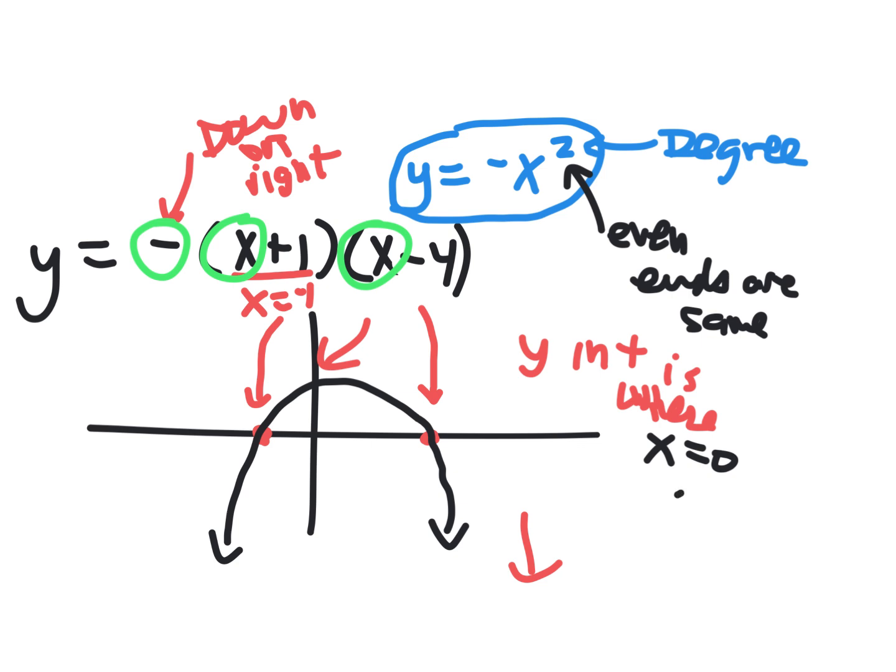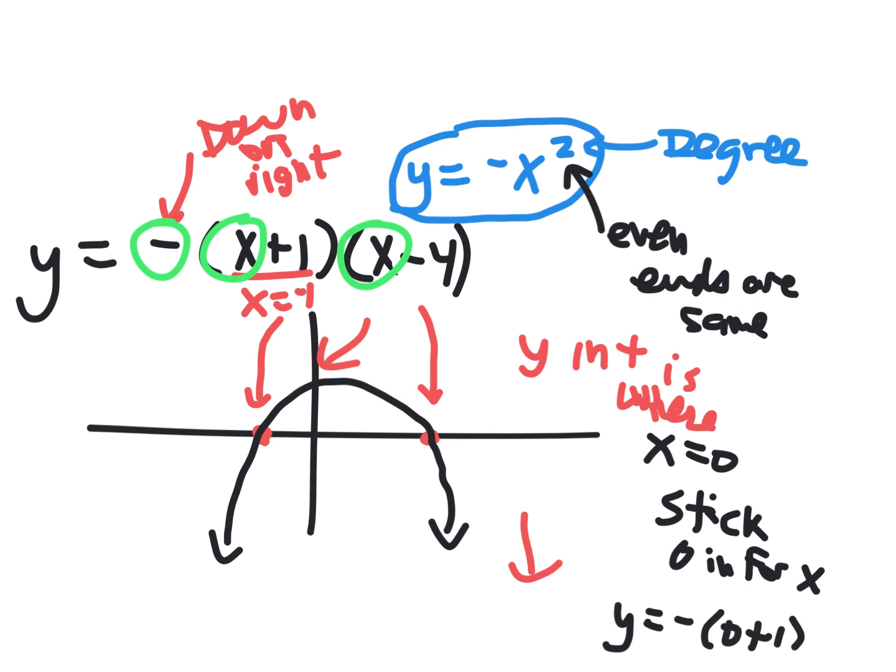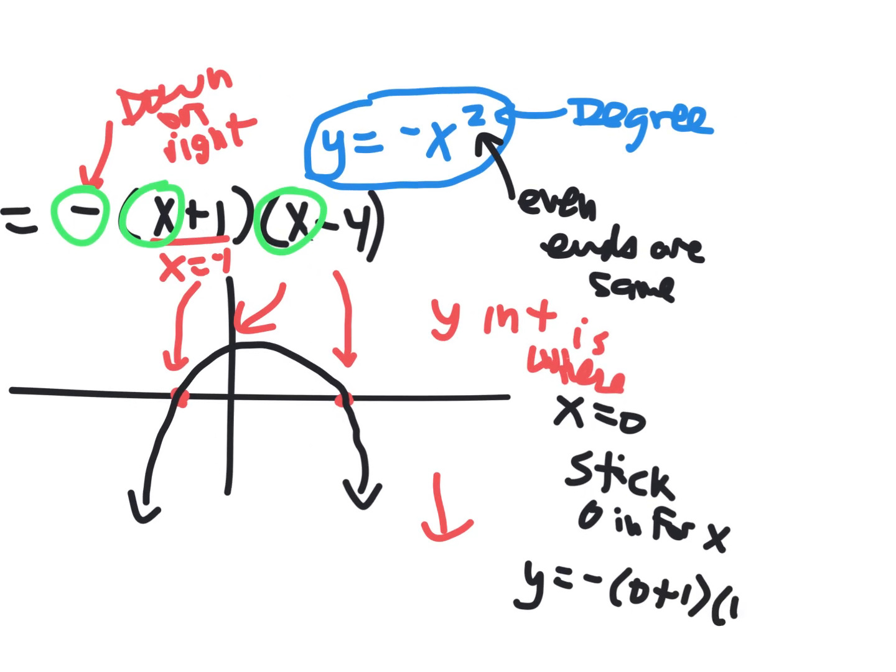So you can go stick 0 in the x. And that tells me that I'll have negative, so I'll write this out. Negative, parentheses, 0 plus 1, and then 0 minus 4. And that's y equals negative 1 times negative 4 is 4. Cool. There's the y-intercept. All right, so there's a whole bunch of stuff that would be good from just one